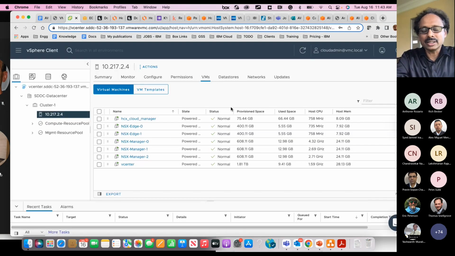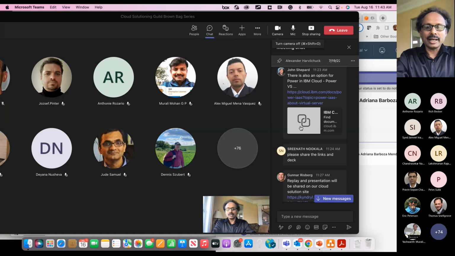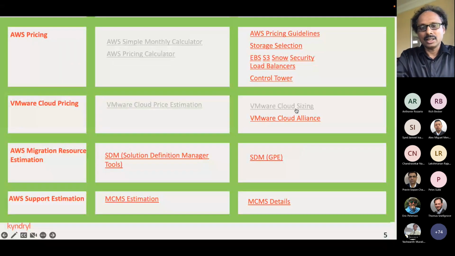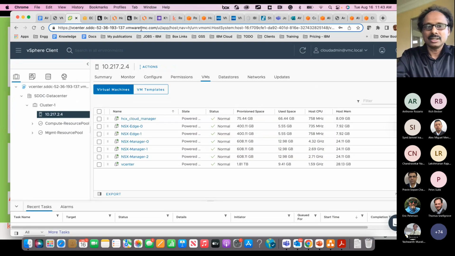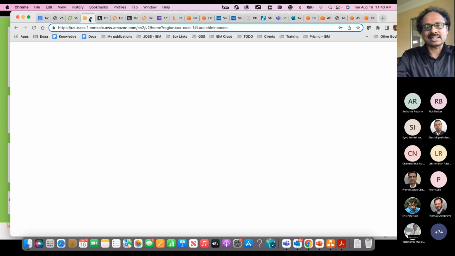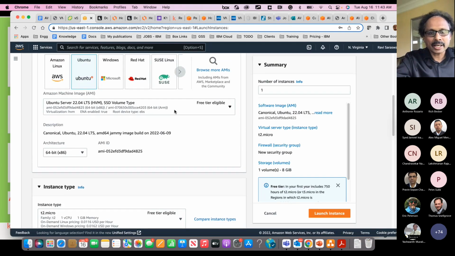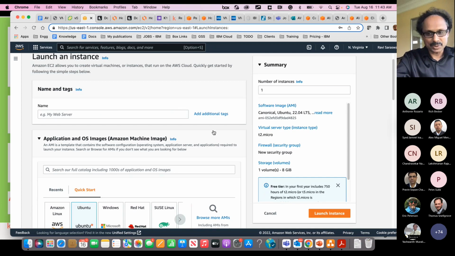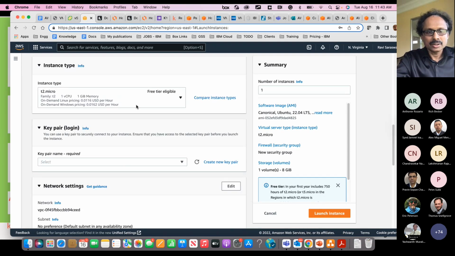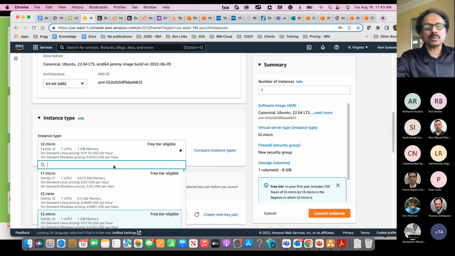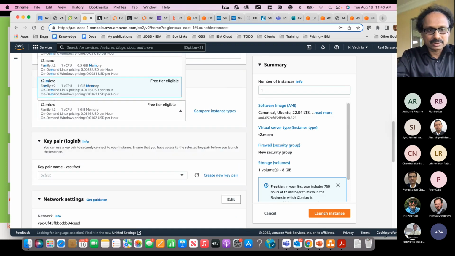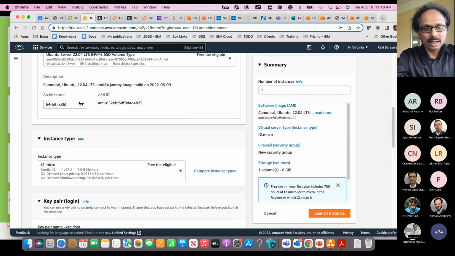Please go ahead and start utilizing the lab. There are labs available within AWS where you can play around, create the bare metal servers, and create a couple of options there, and that's how you can create all these instances. If you look within AWS, this is the EC2 console, and you want to create an instance type. Let's see what instance type you can create that supports VMware Cloud on AWS. You put metal here. Type metal.